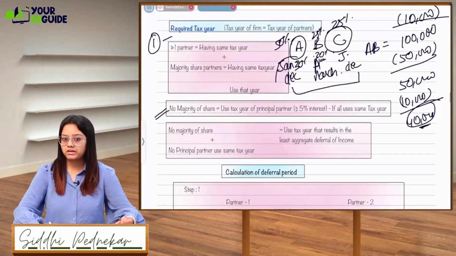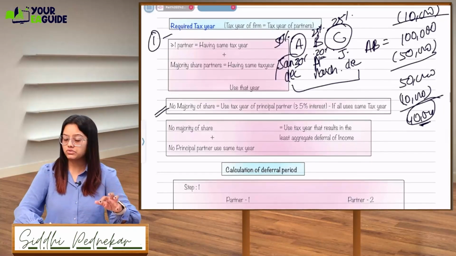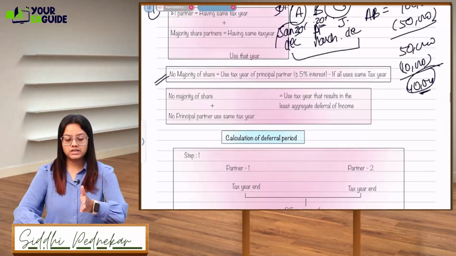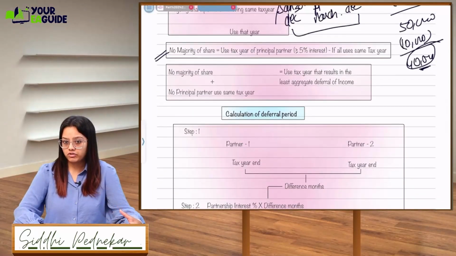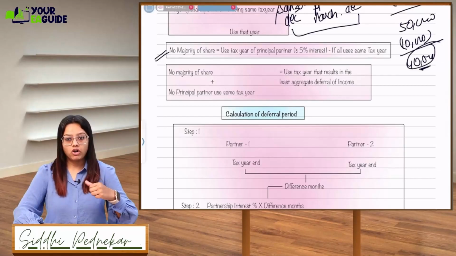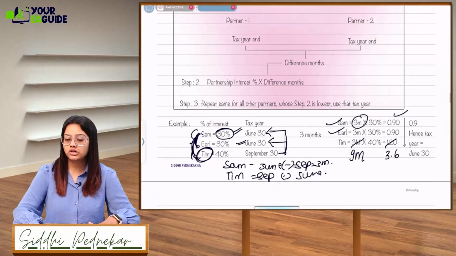If more than one partner has the same tax year, plus majority share partners have the same tax year, then use that tax year. Do the majority. But let's say there is no majority, everyone has 30% and there is no majority of share owned by a maximum number of persons, then check who is the principal owner owning more than 5%. If all are owning more than 5%, no majority is there, then do this deferral calculation, which is very